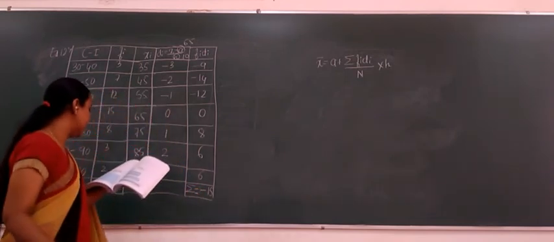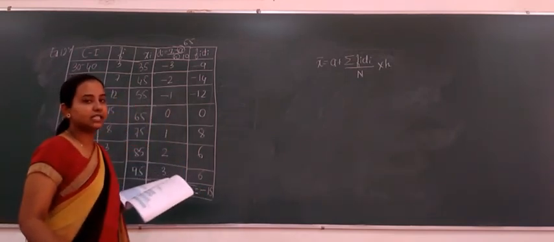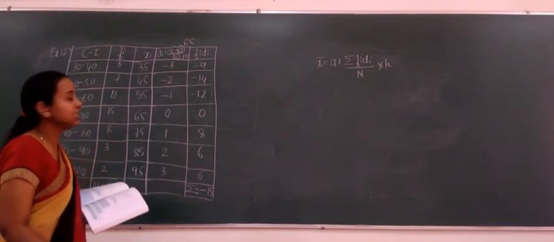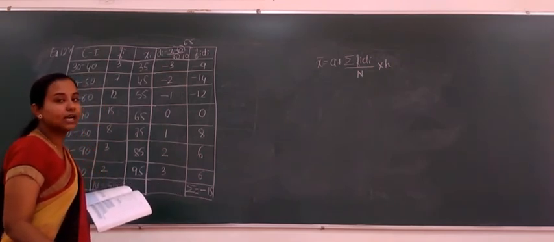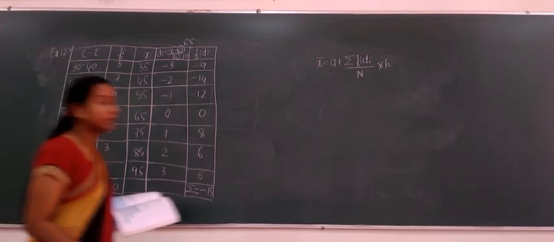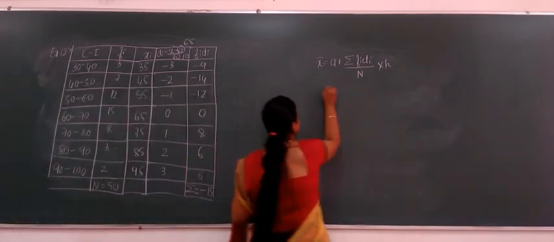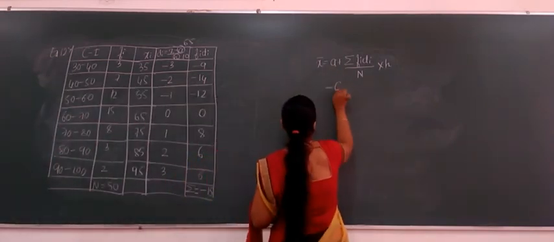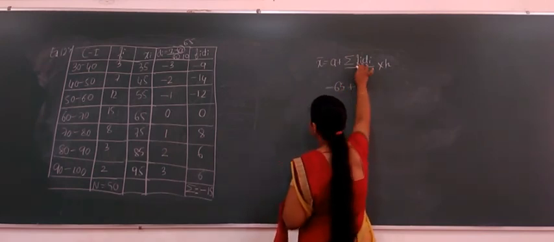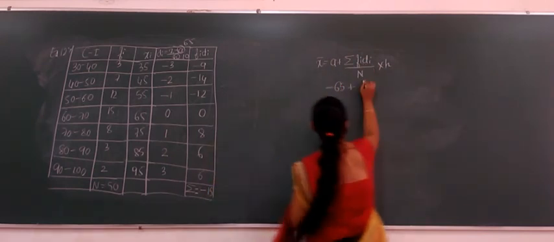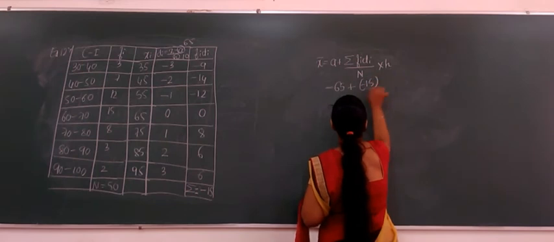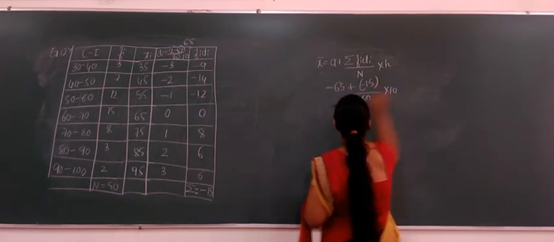Okay, so let us calculate the mean and then we will go for the variance. The formula of variance also changes, but that time whatever is required, we will calculate that. So now what will be our mean? Assumed mean. How much is the assumed mean? 65 plus sum of all fi into di, we have got it as minus 15 divided by the total frequency is 50 and the class width is 10.